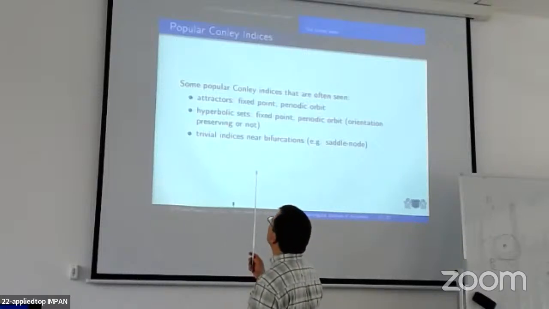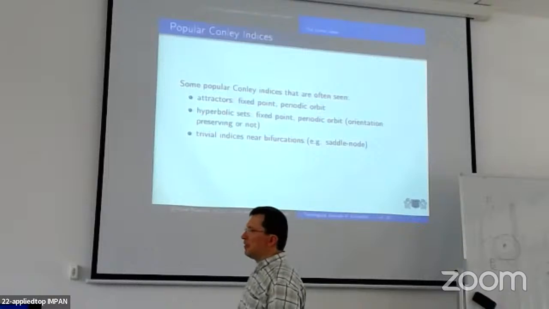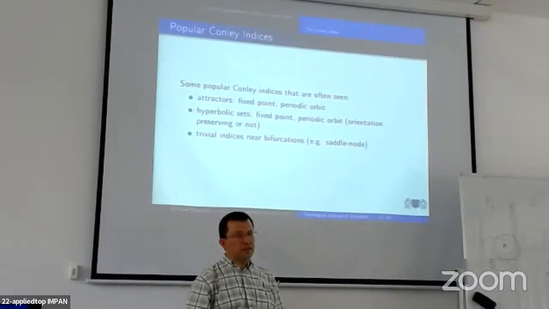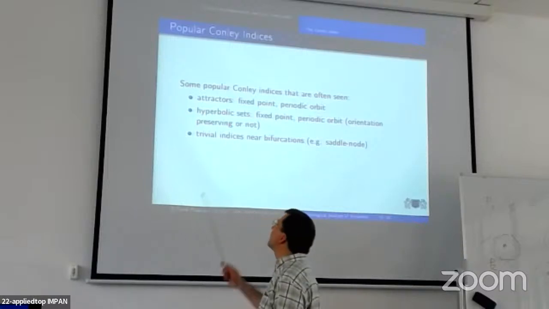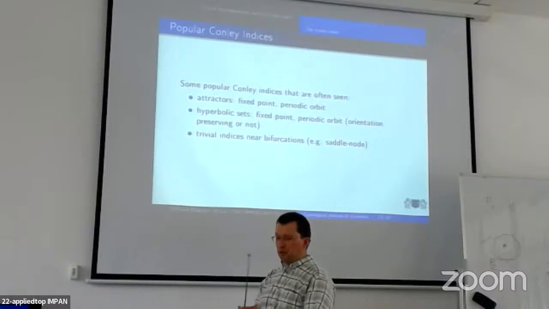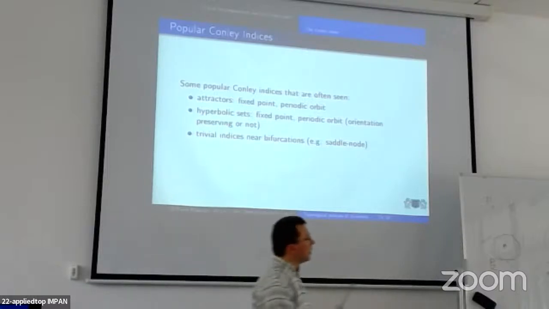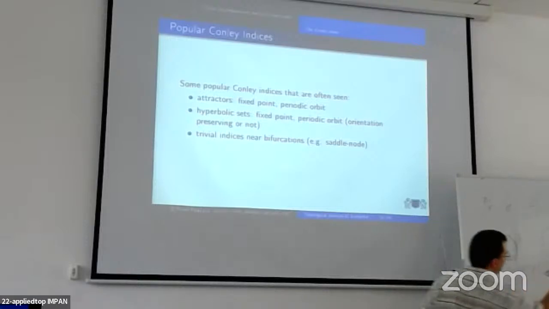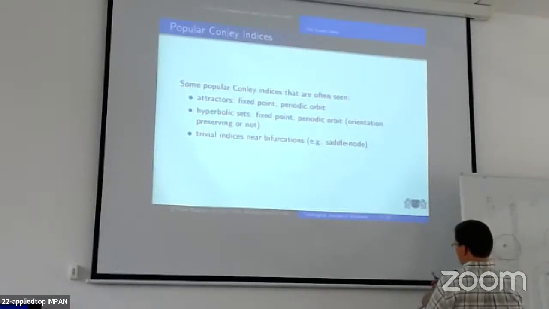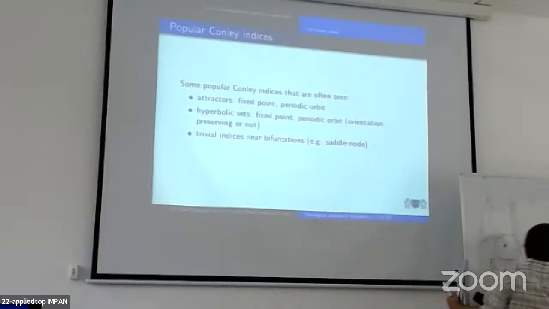If this discrete-time system is a time-tau map for a flow, then the map will be the identity. Otherwise, this map will correspond to reversing orientation, or if we have, for example, a period 3 orbit, then we have, let's assume it is attracting, an isolating neighborhood that consists of 3 connected components,